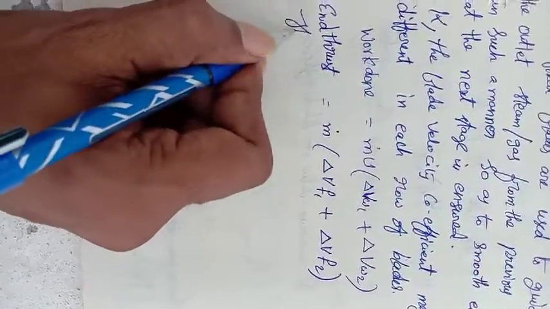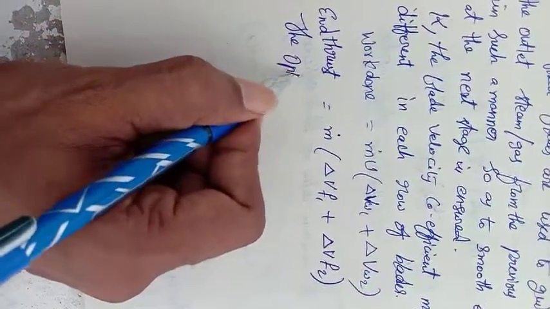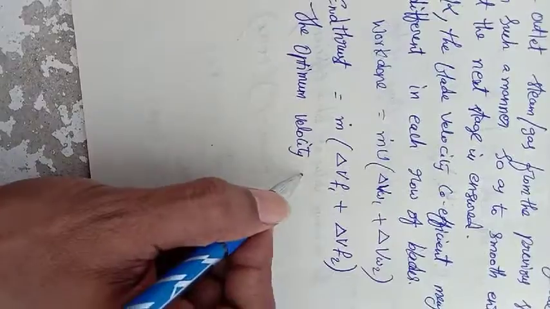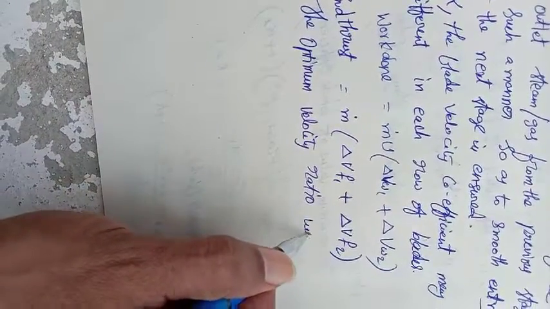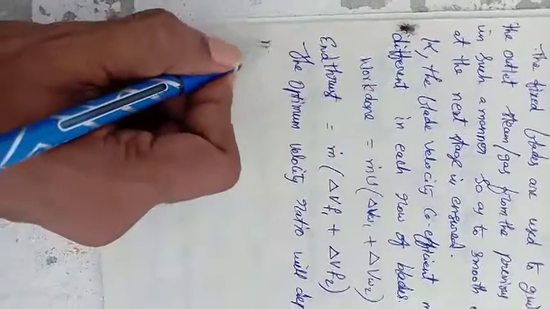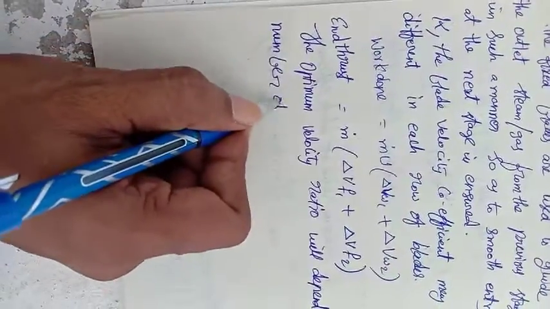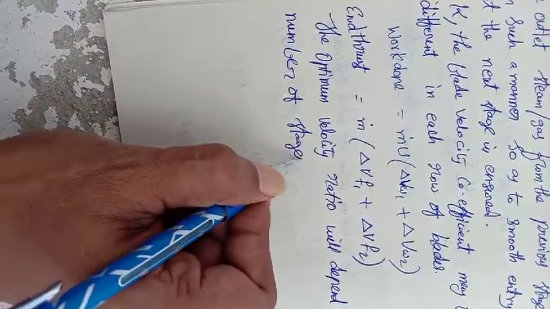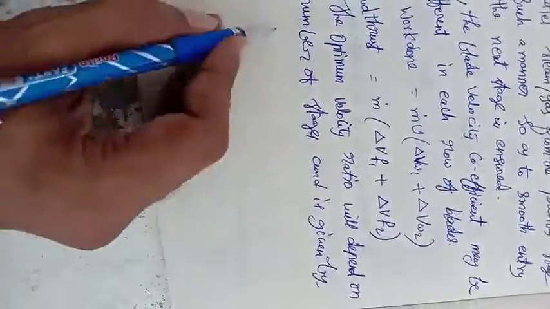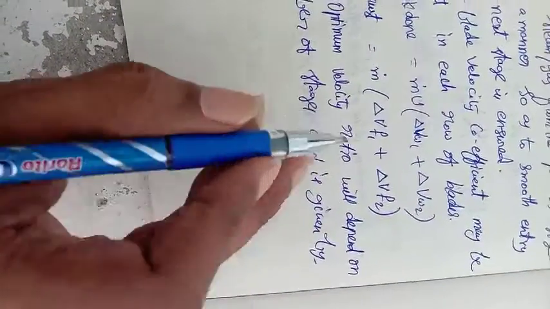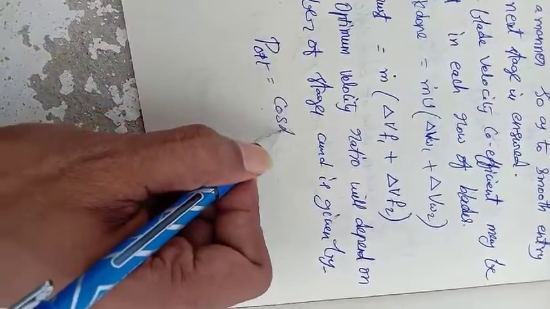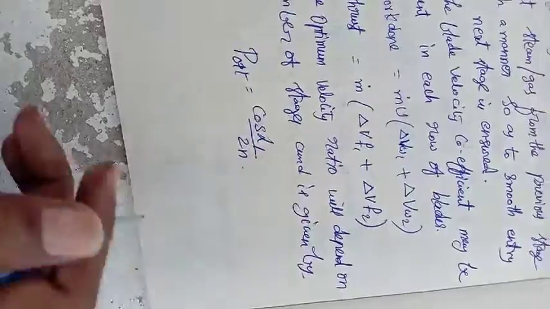Okay, now here the optimum velocity ratio will depend on the number of stages and is given by, here we have to remember that the optimum velocity ratio depends on the number of stages. So that's for optimum, it is equal to cos alpha 1 / 2n. Okay,